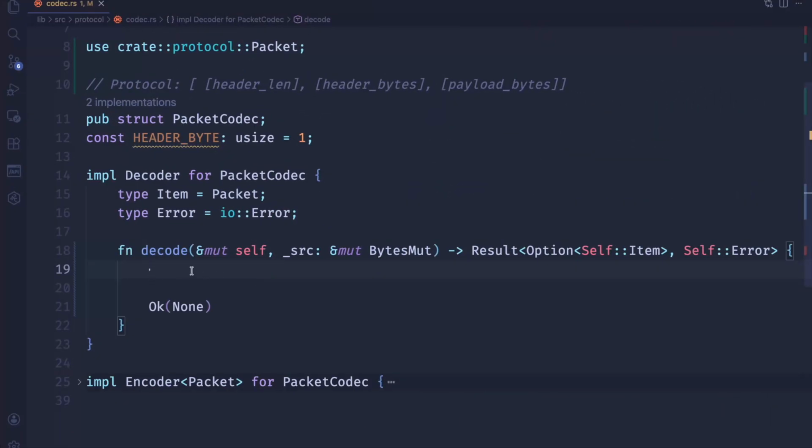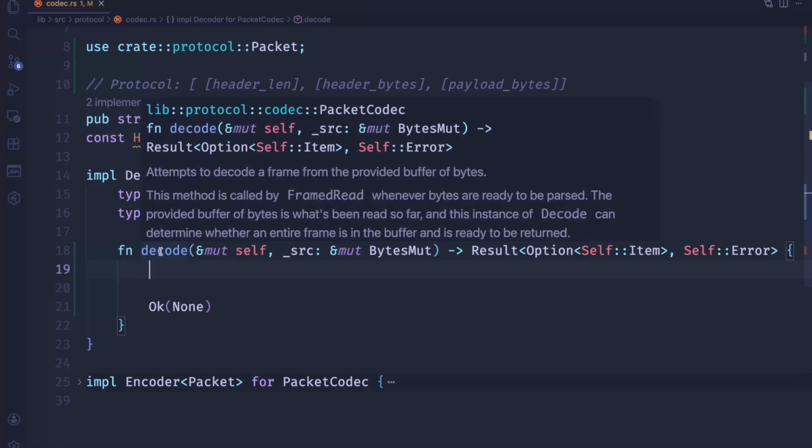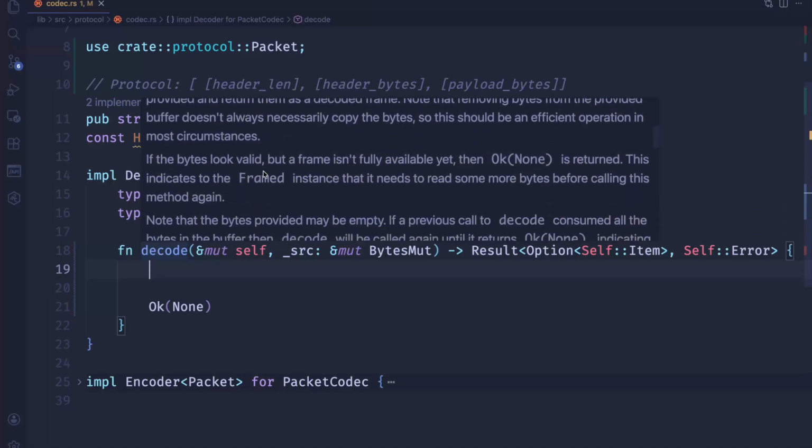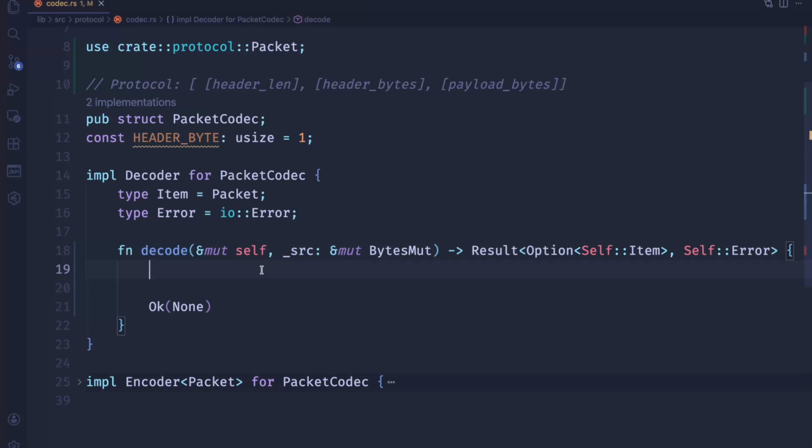If we check the documentation of the decode function, it says: attempt to decode the frame from the provided buffer of bytes. Okay, there is one thing. If the bytes look valid but the frame isn't fully arrived yet, then Ok(None) is returned. It means TCP is a stream, and it is possible that we didn't get the full message yet in the buffer. So if the full message has not arrived yet, we will return Ok(None), and we will wait for